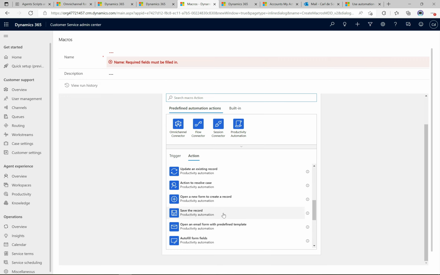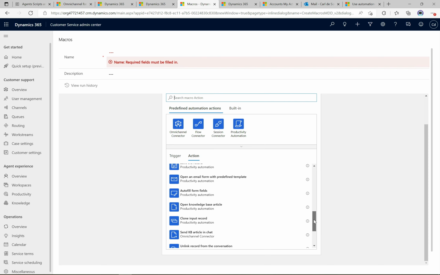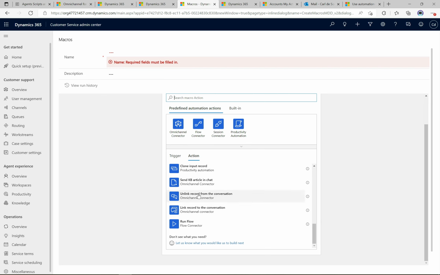And you can save the record as well. You can open an email form with predefined template. And we have here autofill form fields. We have open knowledge base article, clone input record, send knowledge base article in chat,